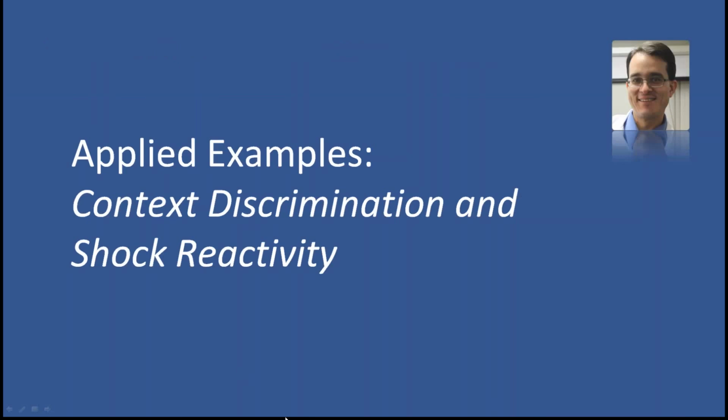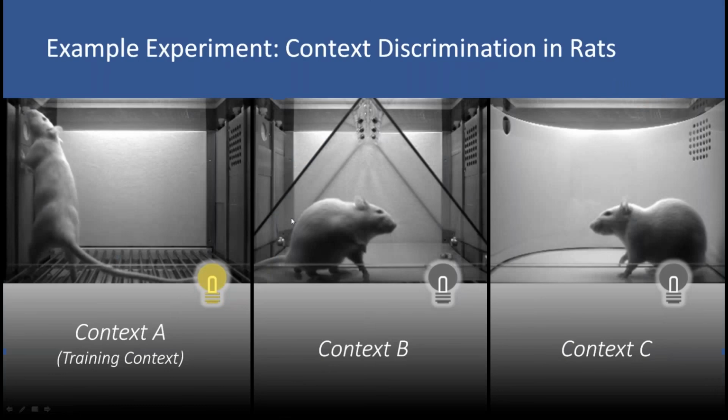Okay, and now finally, let's look at a few examples of experimental study designs. We'll look at context discrimination and shock reactivity. So these are some applied examples of fear conditioning. With context discrimination in rats,